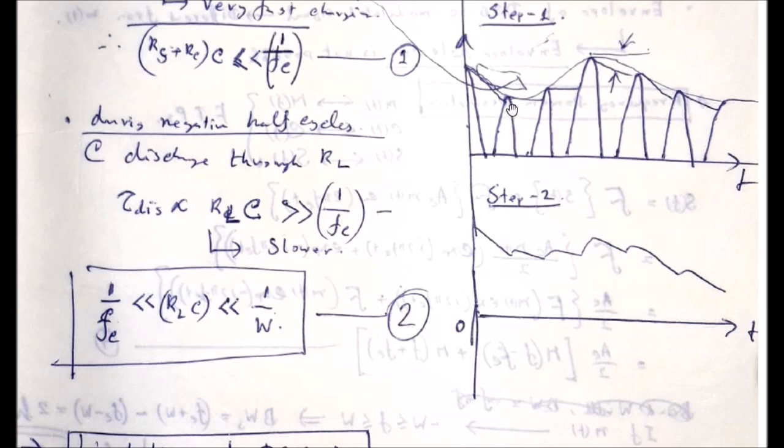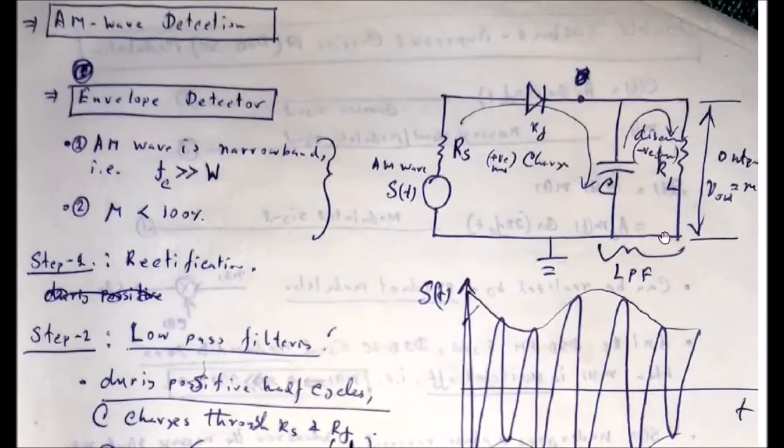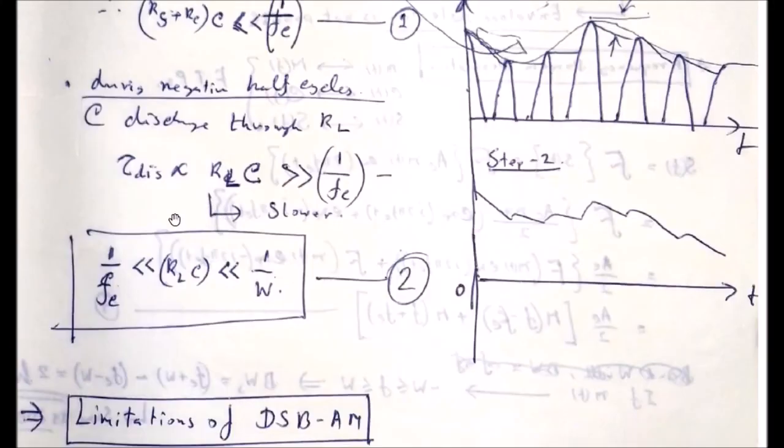Okay, you remember that the total discharging time may be very large. This total discharging time should be higher than the time period of the carrier signal. That's why discharging will occur through this load resistance RL. Okay, this was the charging path, this will be the discharging path, because during the discharging time this path will be open circuited, diode will be reverse biased. So the discharging path will be this one. So the time constant, or sorry, the time for discharge will be RL multiplied by C. It should be greater than 1 by fc.